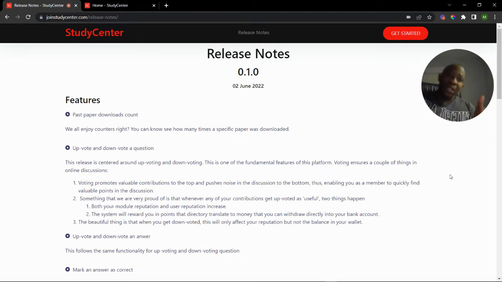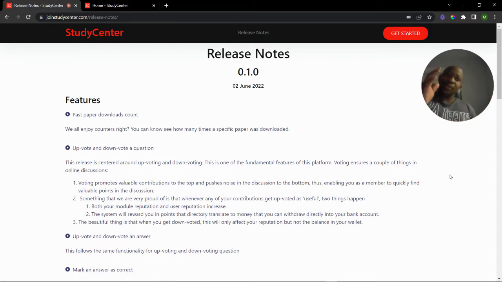I saw that Twitter is implementing it now, whereby you are able to upvote and downvote some of the responses to a tweet, just so that at the top, it's always what's valuable. This is a common trend that has always been there when it comes to online discussions and forums, whatever the case may be. So, this release was centered around that, to enable you to